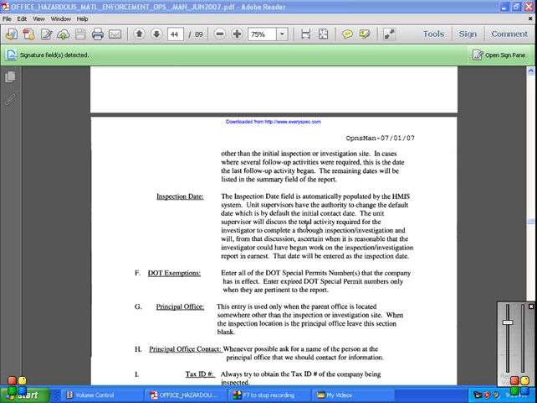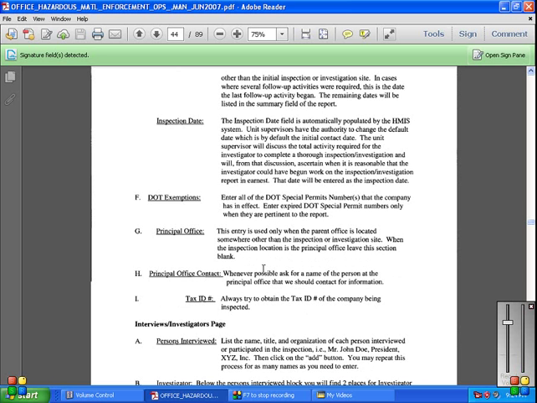Chapter 8, F. DOT exemptions. Enter all DOT special permit numbers that the company has in effect. Enter expired DOT special permit numbers only when they are pertinent to the report. The principal office entry is usually only when the principal office is located